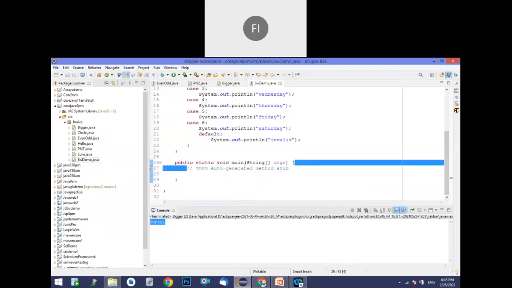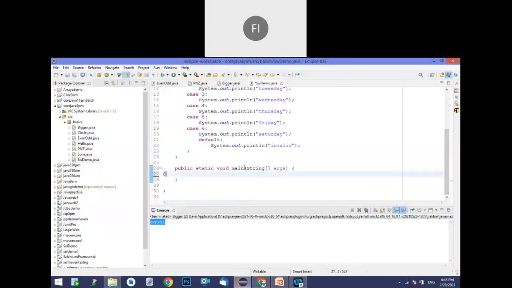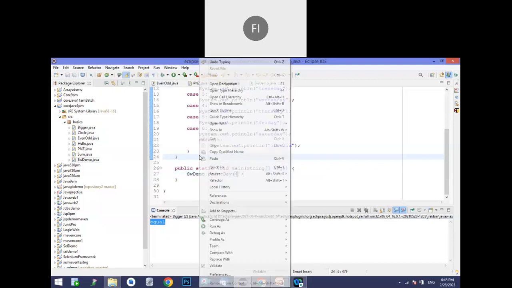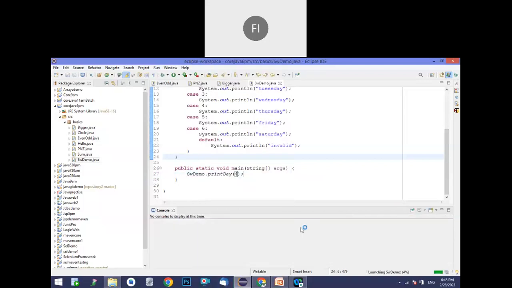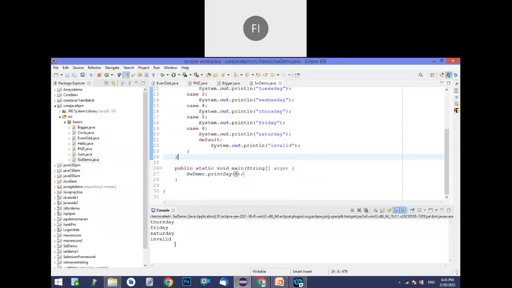Okay. So now I'm just calling that SW demo dot print day. So for example, if I'm passing 4, okay, so now it will print the respective day which we are giving. See here, if you observe that, oh, see, from Thursday all the values are printing. Why? Because